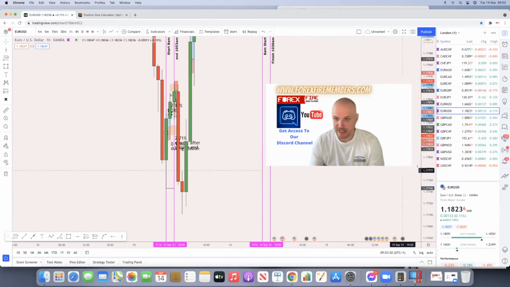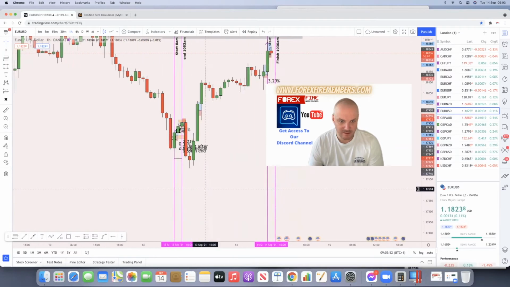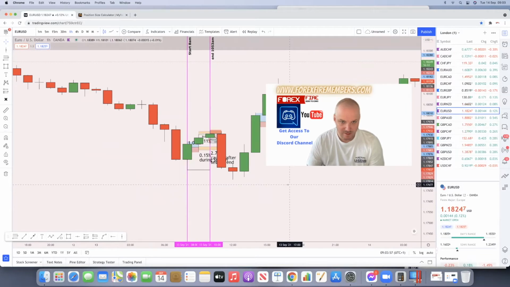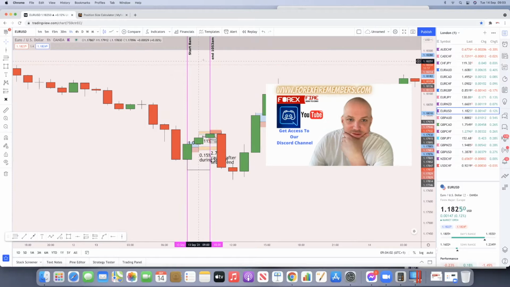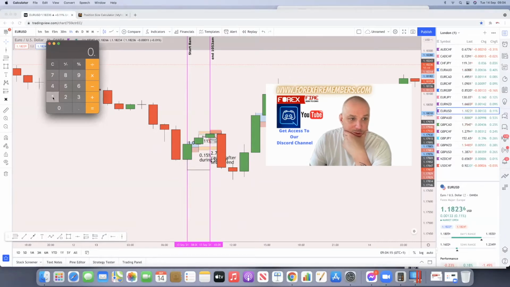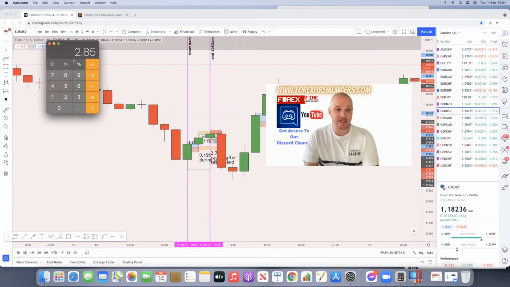Just to give you an update from yesterday, to be fair. Let's just go right. By the end of the session, we were on a 0.15. However, we had one playing out, and this one gave us a 2.71 call after the session end. Okay, so it was a 0.15. I did update things on here yesterday, so it was plus a 2.7. That would have given us just under 3% growth.